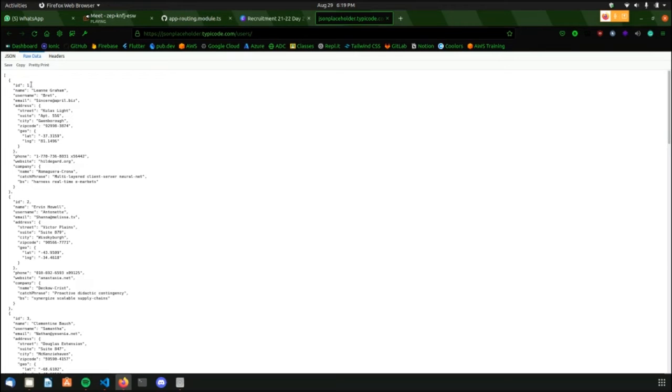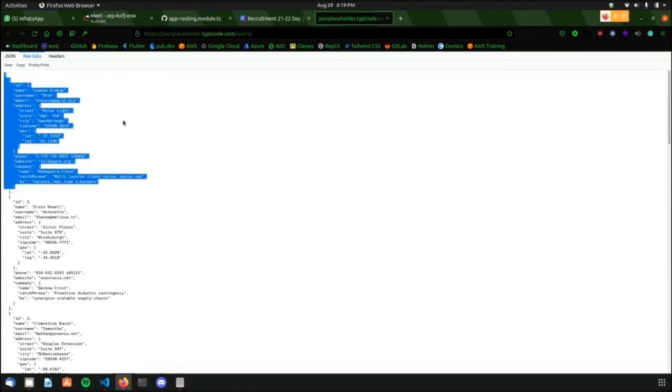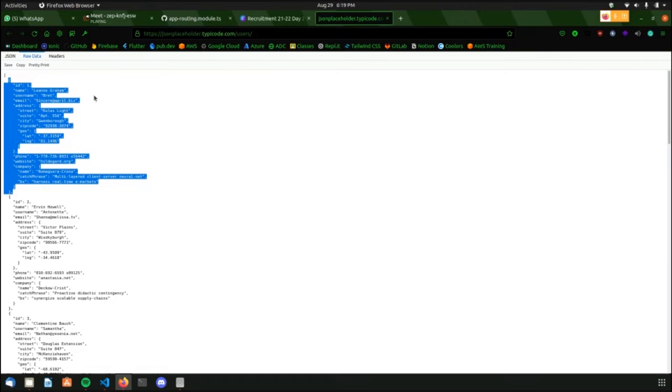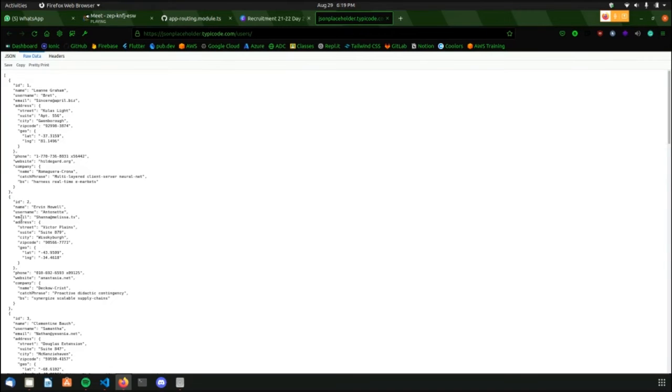So let's go over the response we receive here. This is actually an array which I received. This is an array of JSON objects. Inside each of these JSON objects, you will notice I have a similar structure. Every element in this array has the key ID. Every element in this list has the key name. Similarly, all other elements are always present there.